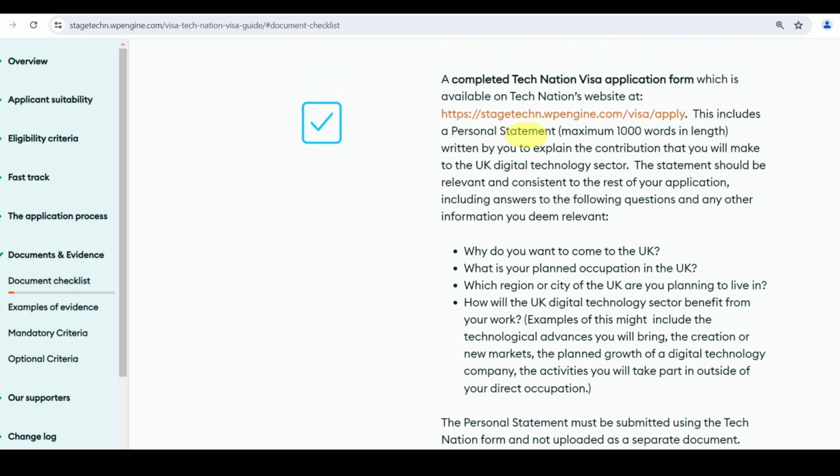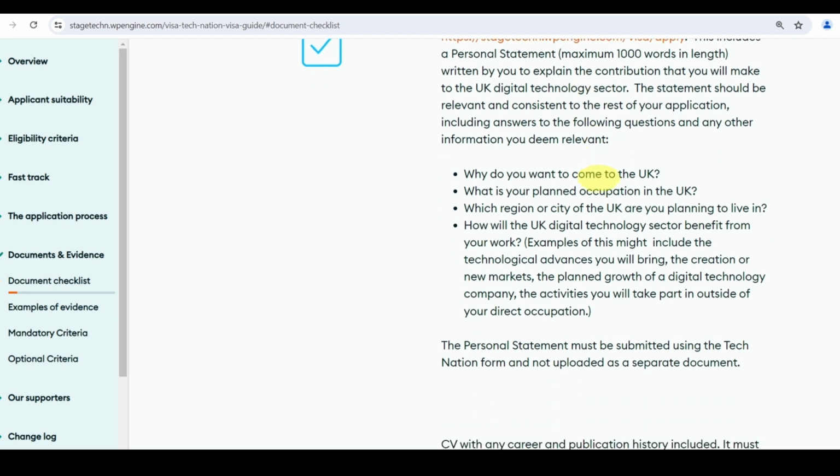This includes a personal statement of 1000 words in length, written by you to explain the contribution that you will make to the UK digital sector. What do you need to mention? Why do you want to come to the UK? What is your planned occupation in the UK? Which region or city are you planning? How will the UK digital technology sector benefit from your work?